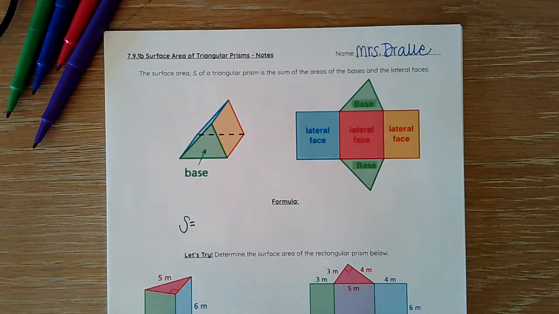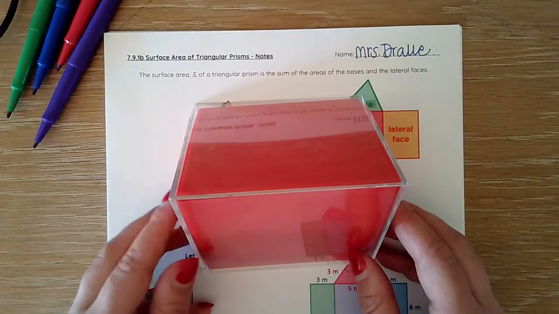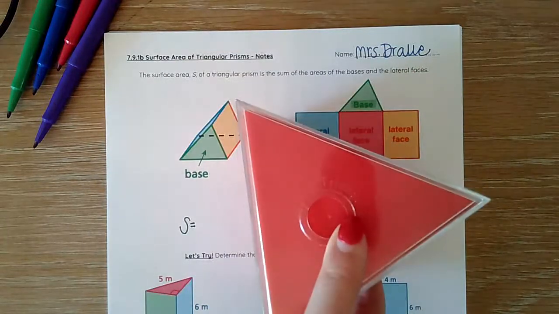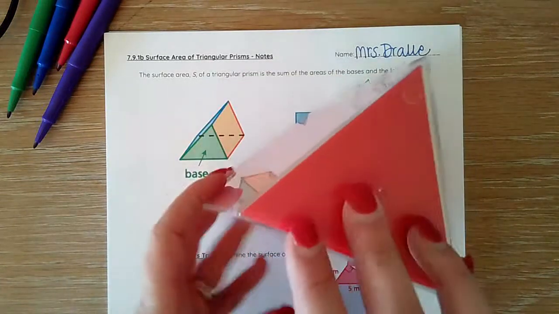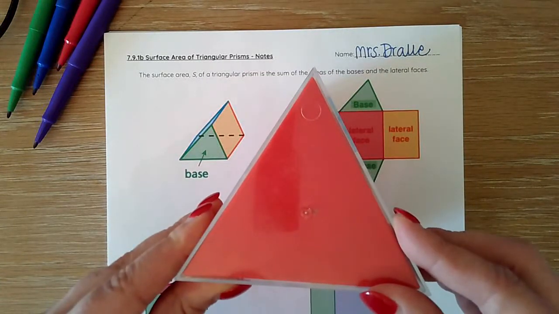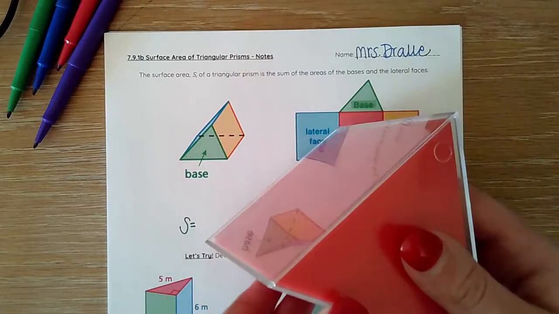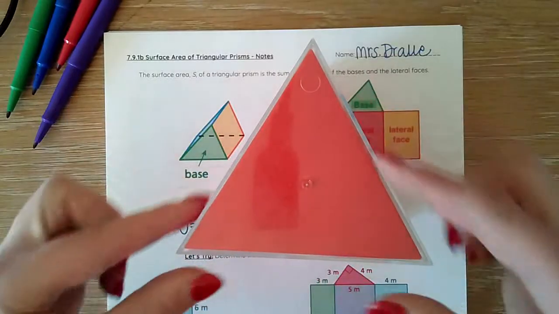We are going to talk about finding the surface area of triangular prisms. We know that triangular prisms have two triangular bases. Opposite of each other, they run parallel and they are identical. Because we have triangular bases, that means that we have three lateral faces that come off each side of our